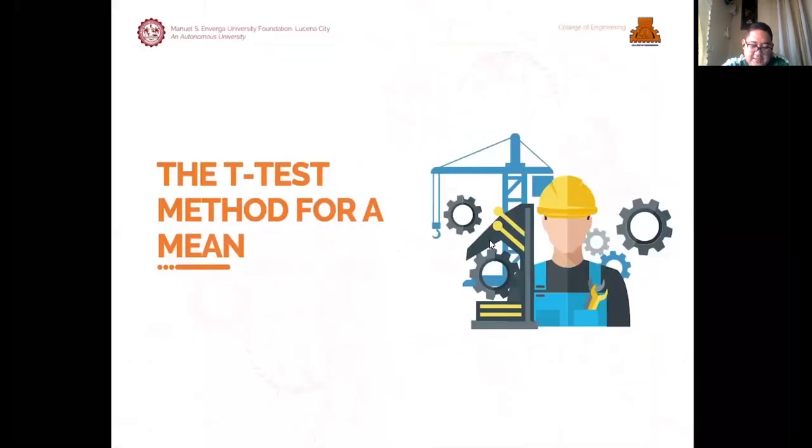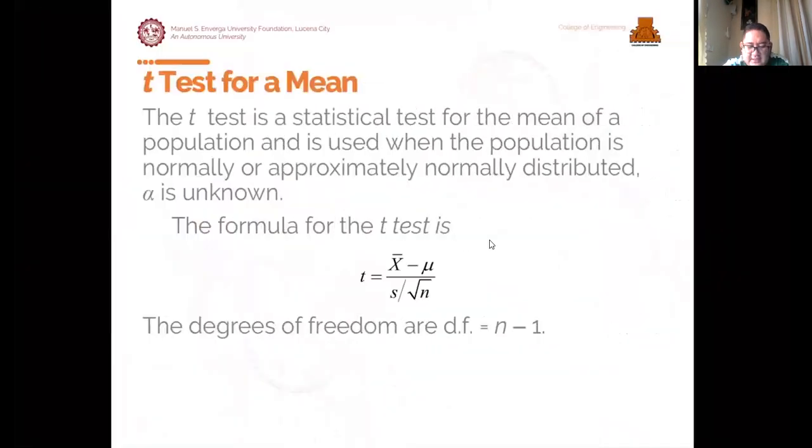Then now we go sa t-test method for a mean. Okay? So sa t-test method, almost the same pa din siya. Ang kaibahan lang, hindi z table yung gagamitin mo. Gagamitin natin is t-test table. Okay? So the t-test is a statistical test for the mean of a population and is used when the population is normally or approximately normally distributed. Or sabi ko nga kanina, kapag yung sample natin na n, okay, is less than 30. Okay? So mas magandang gamitin si t-test kapag less than 30 yung mismong